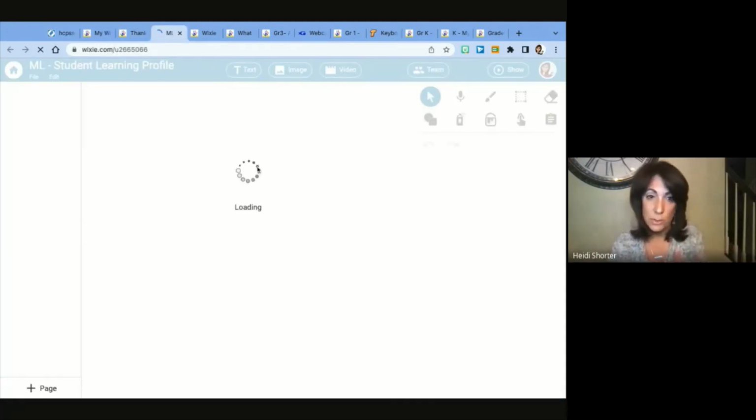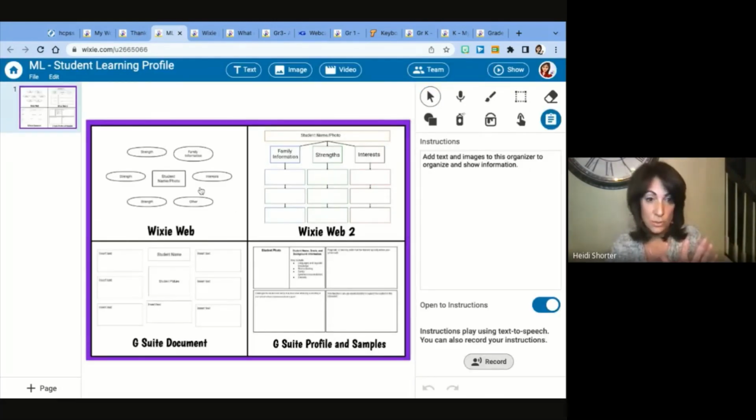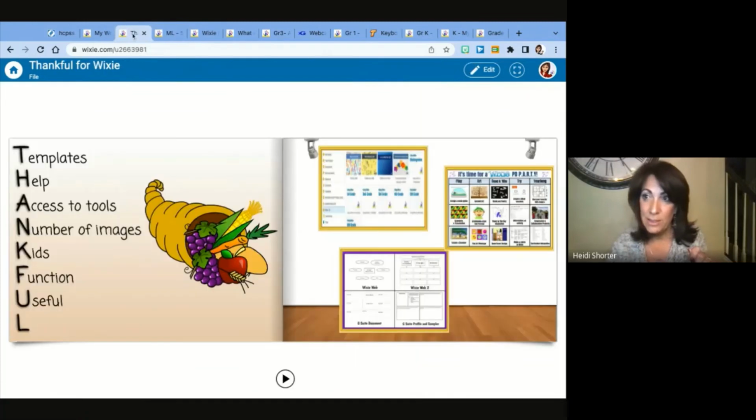And two of the learning profiles that teachers can make are using Wixie and using the web. So the teachers can use it just like the students would. And these are linked right to the templates for the web. And then we also use the G Suite applications in my building. Because of the URL links that we're allowed to add, these actually link to G Suite documents and the templates in G Suite. So it's a choice board for teachers, taking the idea from what Wixie offered and incorporating it. Theirs is much prettier and it has all the pictures. But it's just a way that I used a choice board as a useful tool to help out with teachers.